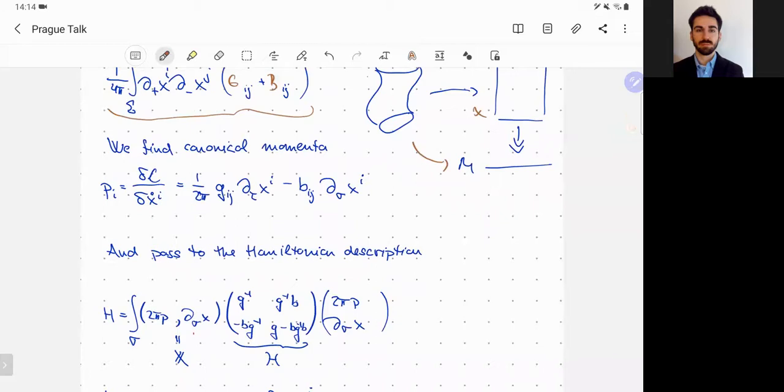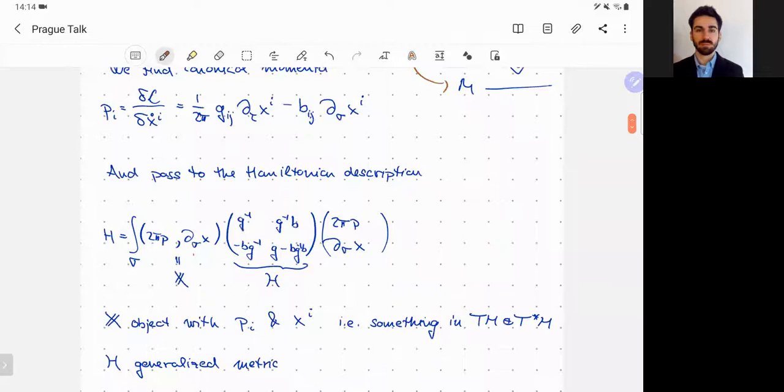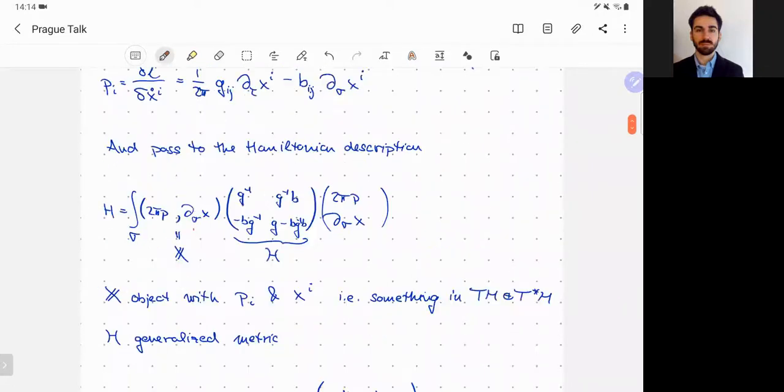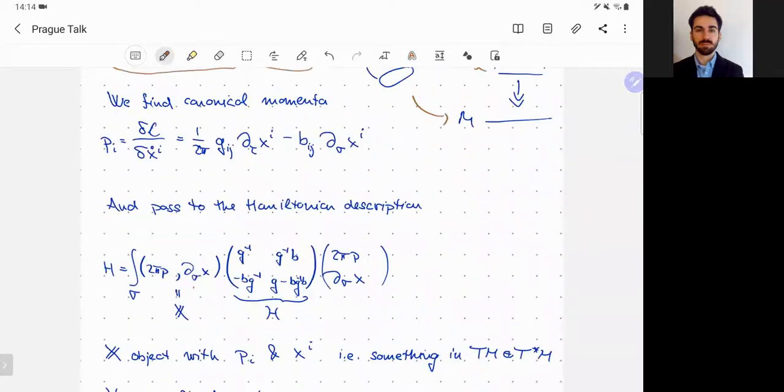You all probably know that the way we do that is by identifying canonical momenta, and then when we construct this Hamiltonian, we see these objects. So we not only have forms, but we also have the x primes, right? These are like x dots, and these are x primes, and altogether they